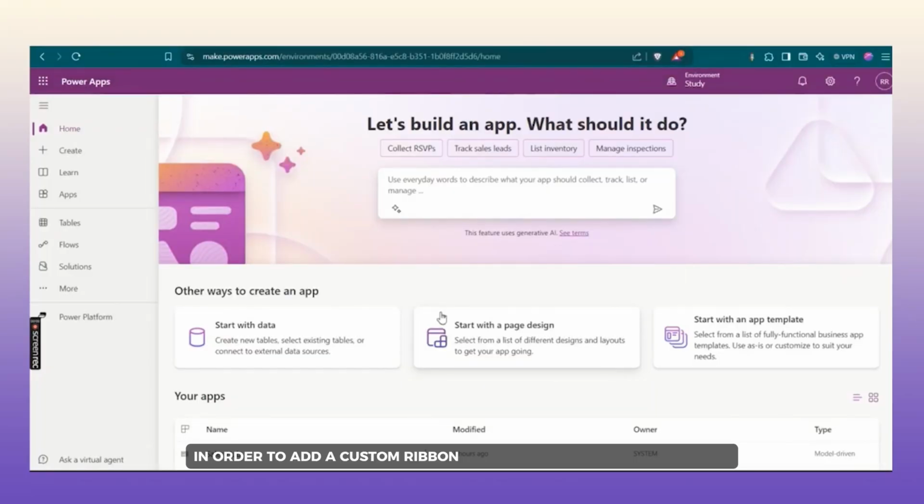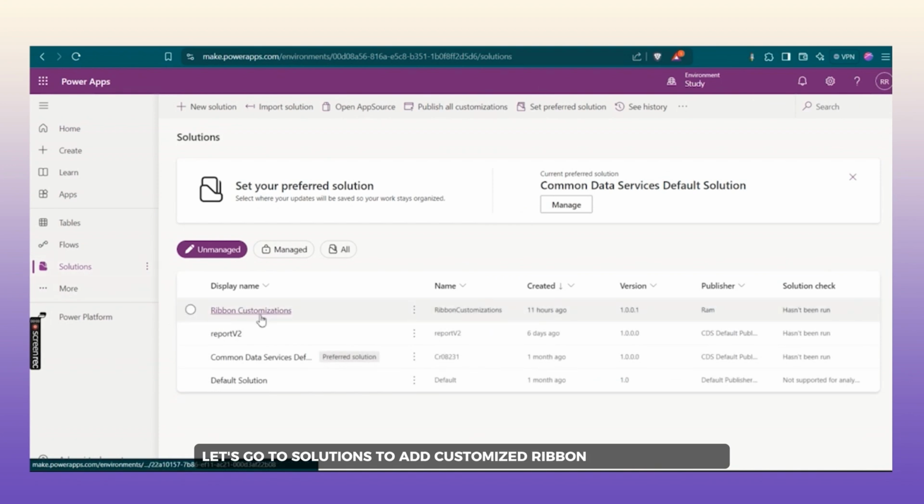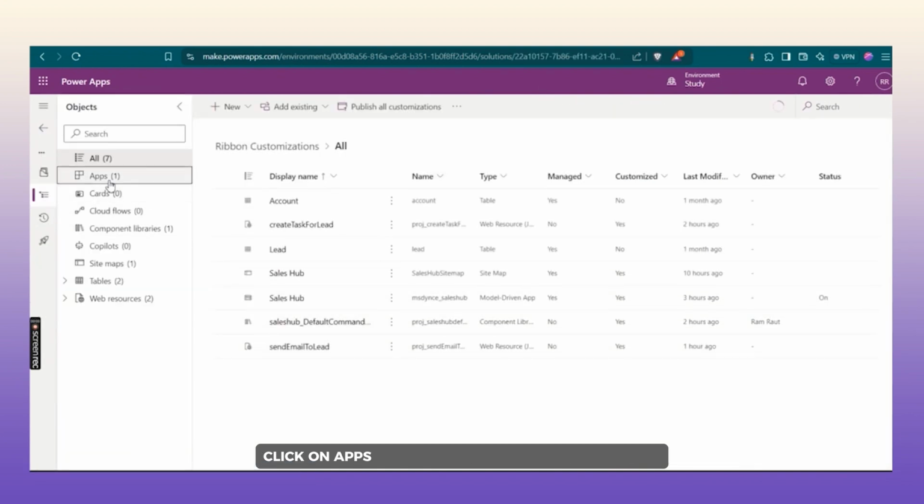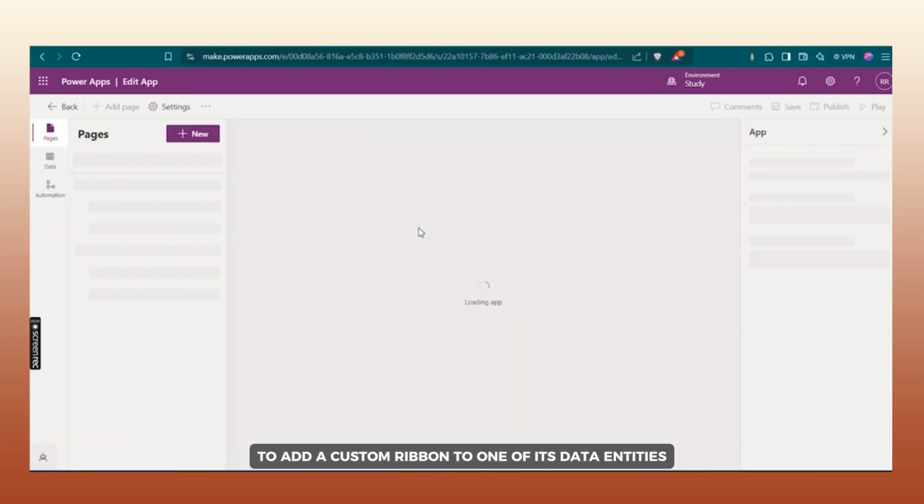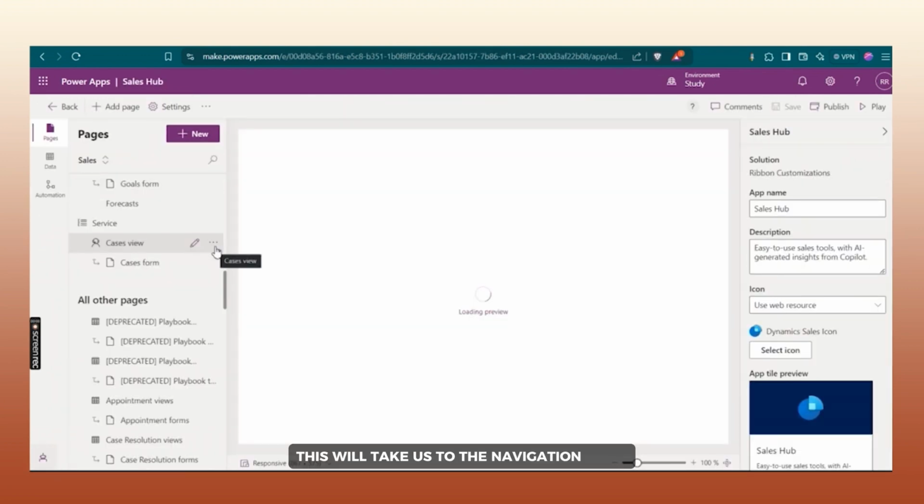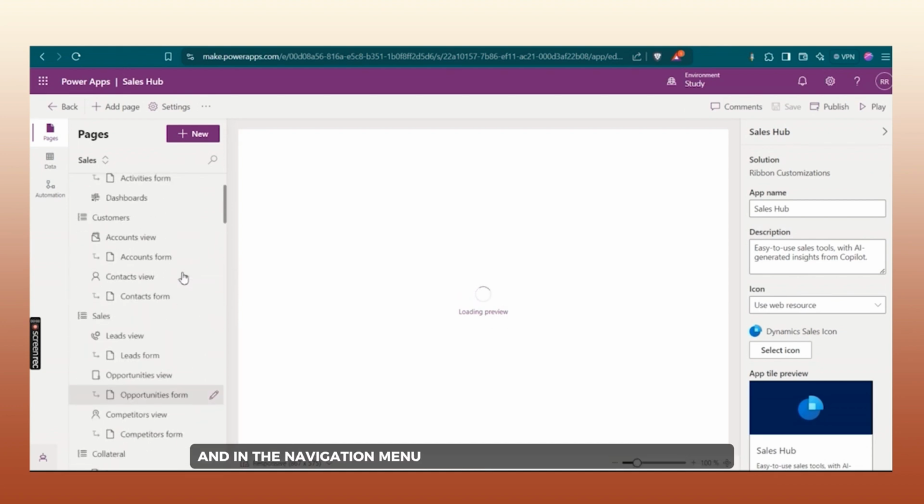In order to add a custom ribbon button in different entity forms, we can leverage Power Apps. Let's go to Solutions to add customized ribbon. In the Solutions, click on Apps, and here we have added Sales Hub to add a custom ribbon to one of its data entities. This will take us to the navigation menu, and in the navigation menu, we have selected